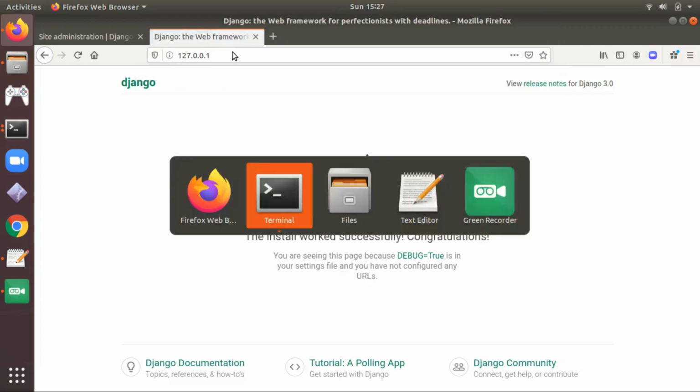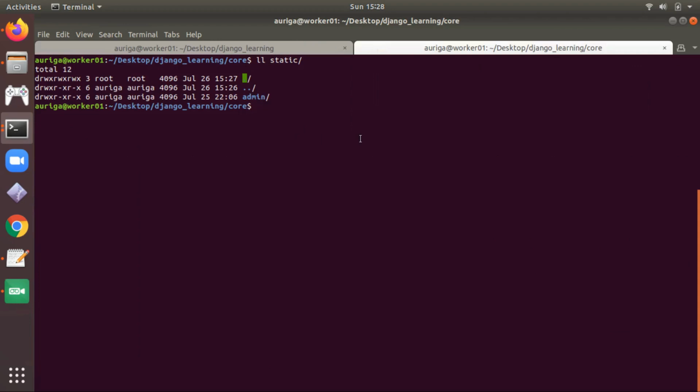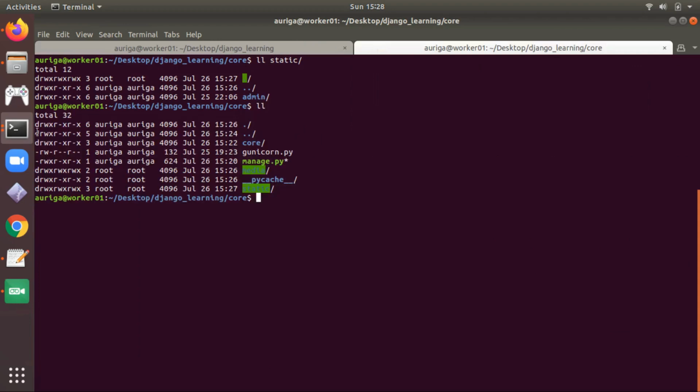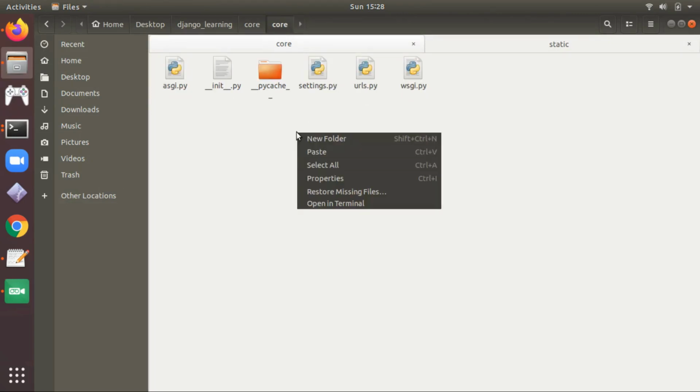And here your front end. So if I add some view files, let me try. Let me create a view file here.